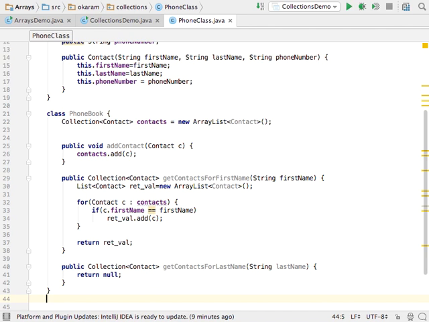Is that because of polymorphism that you can return a list as a collection? Yes, it's because of polymorphism, right? Collection is an interface, so I can return anything that implements that interface. But you could not do the other way around, right? No. Actually, this is called